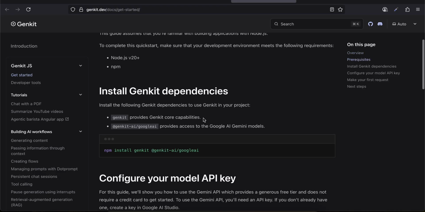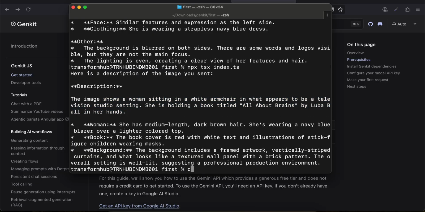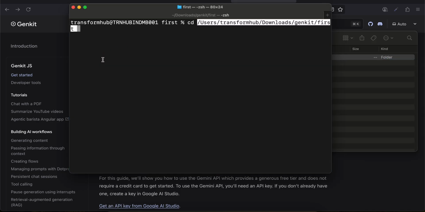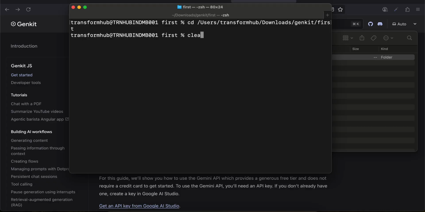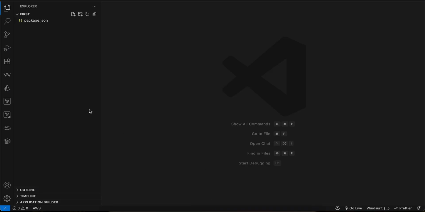Then you need to first create... sorry about this, this is just my previous tutorial. So first I need to cd to the first folder which I have created, right? So I have just cd'd to it. I'll clear everything out. Then we first need to run npm init -y, so it will create the package.json file for us. Then we need to create a TypeScript file,